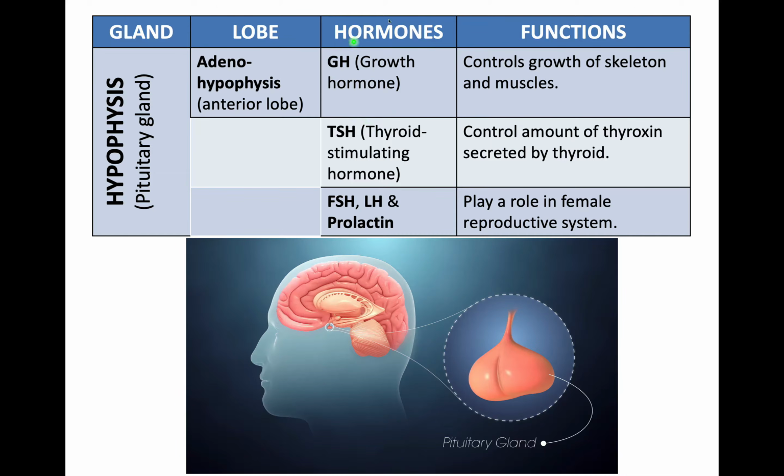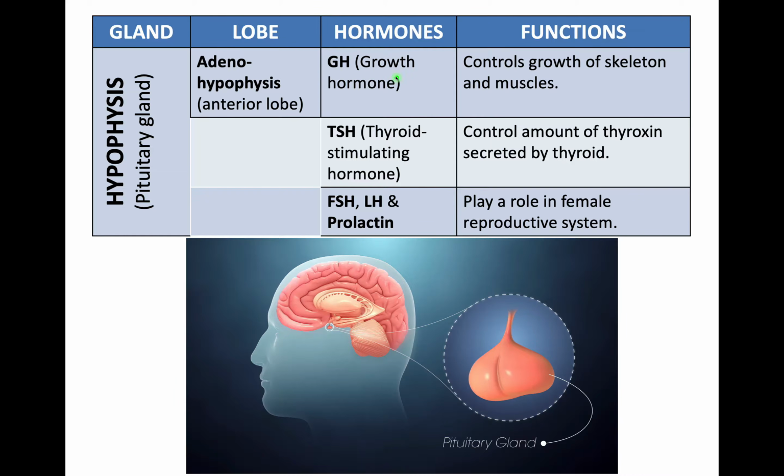Now, the growth hormone targets most organs in our body, right? It has a particularly strong effect on the growth of certain areas like our liver, our muscles, our bone, as well as cartilage. So in a nutshell, the growth hormone is involved in stimulating the growth of the whole body.